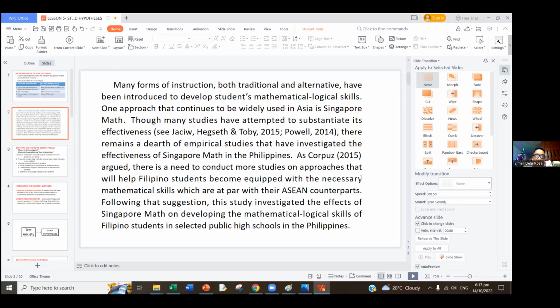Ang sabi dito, many studies have attempted to substantiate its effectiveness. Then highlight niya yung studies by 2015 and 2014. So ibig sabihin, itong study ni Higgs ni, ito daw yung mga studies na, is the research gap. The research gap says there remains a dearth